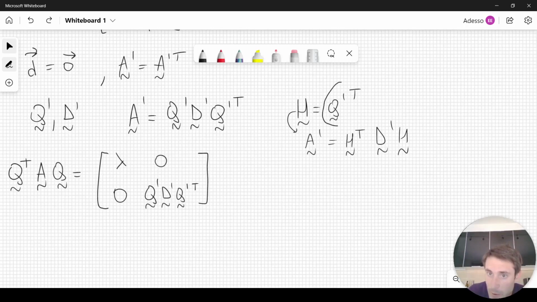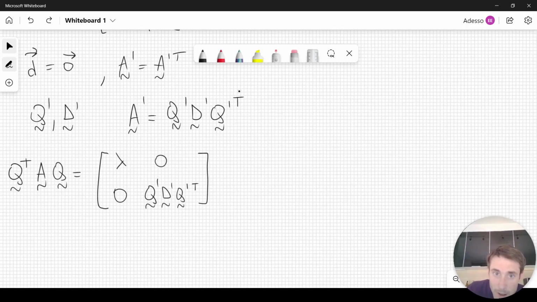Because if we take the transpose of this matrix, which is orthogonal, we still get an orthogonal matrix. So if you want, you can also make this transpose operator appear on the left, but this is not important, and we define Q prime, not Q, in such a way that the transpose operator appears on the right. But this is not a problem.